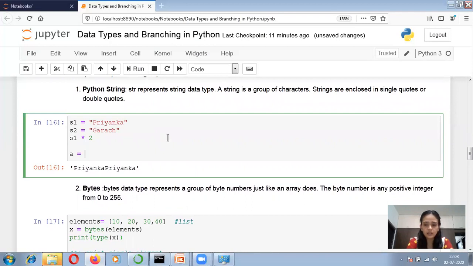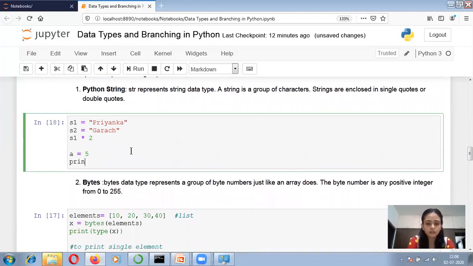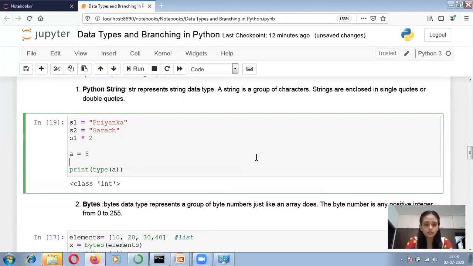I'm writing a equals 5, and suppose I'm printing the type of a. So it is of type integer. If I want to convert a into string, suppose I'm writing b equals string of a. So we are doing the explicit type conversion here. Now let's check the type of a.